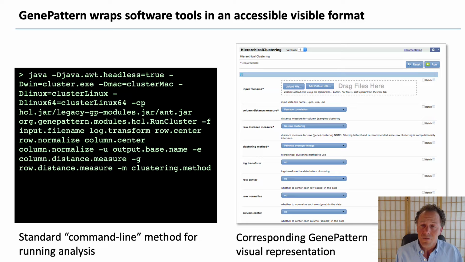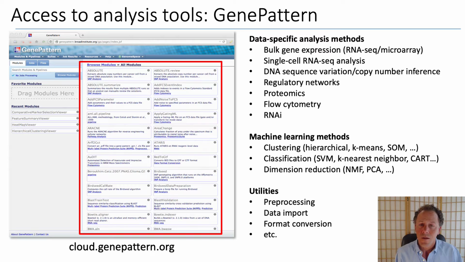GenePattern wraps analysis methods as accessible web forms, providing all the features of the analysis without the need to know the programmatic implementation or to provision the necessary compute resources. The main GenePattern server runs on the Amazon cloud, utilizing the elastic compute capabilities of AWS to run analyses on the most suitable resources, for example, compute nodes with high memory or rapid data transfer as required. The main GenePattern server hosts hundreds of analyses, which we add to frequently based on our scientific collaborations and user requests,